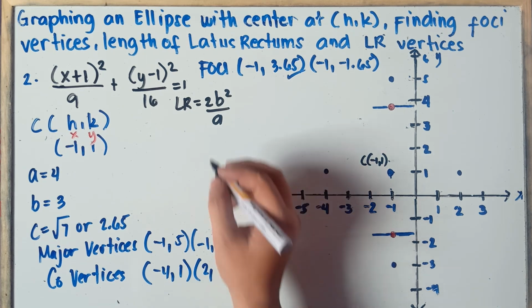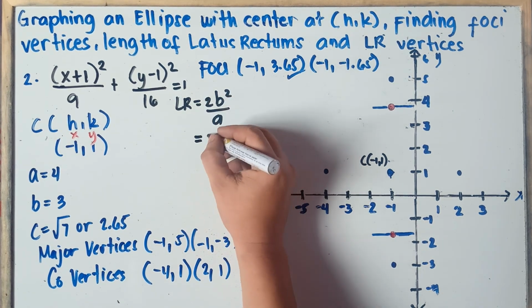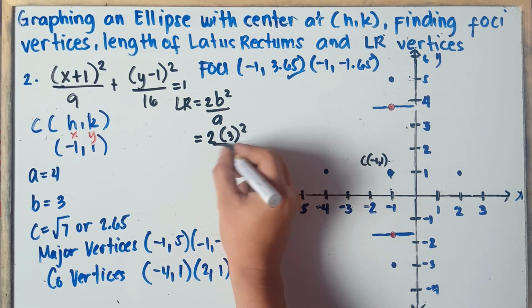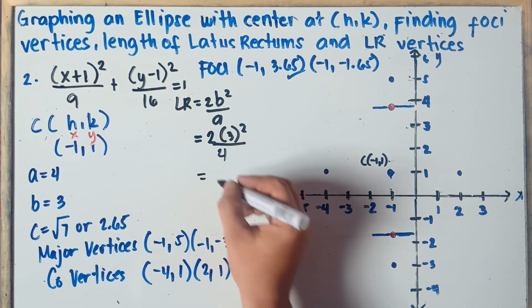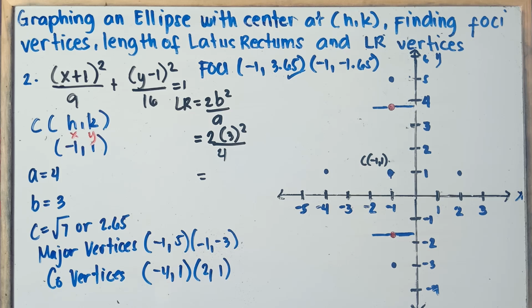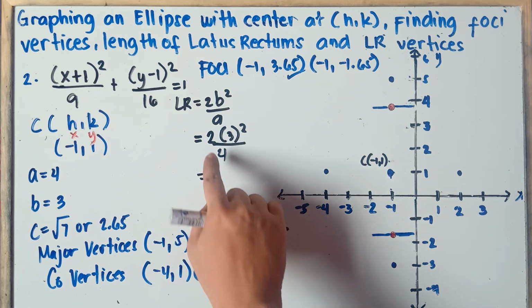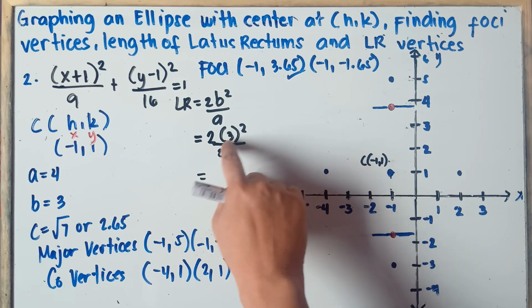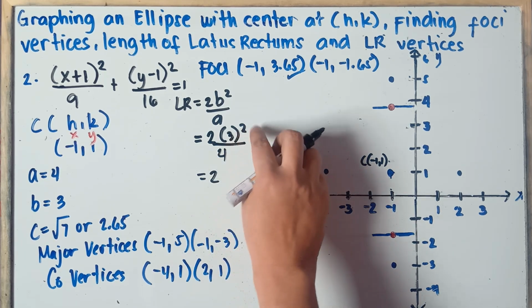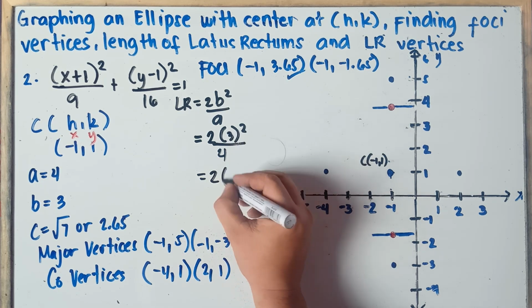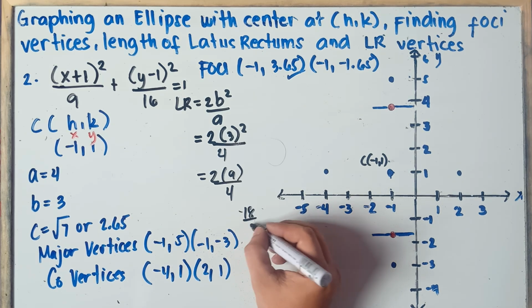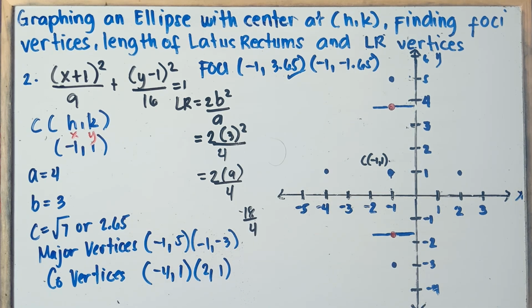So simply substitute, class, the value. So equals 2, copy 2. Our b is 3, so 3 then squared over our a is 4. So once again, class, you always follow PEMDAS, class. Do not multiply 2 and 3. It should be 3 squared comes first. Parenthesis, exponent. So copy 2. 3 squared, it means 3 times 3. That is 9. So 2 times 9 over 4. So 2 times 9, that is 18. So this is 18 divided by 4. So you can use your calculator, class. 18 divided by 4.